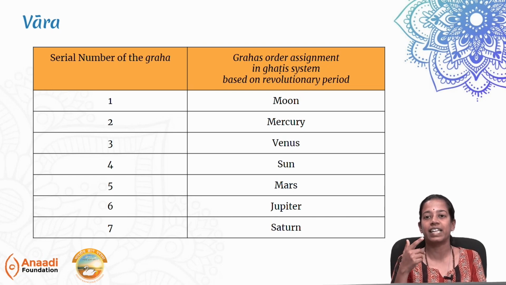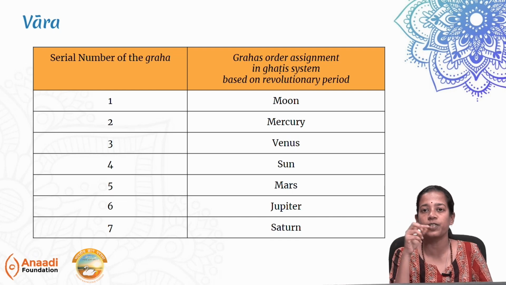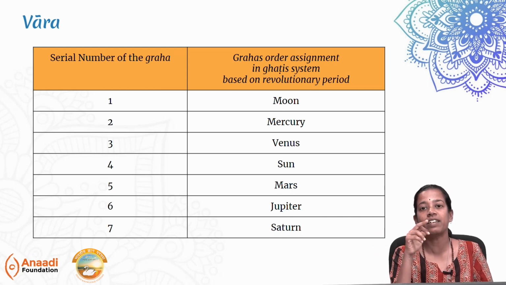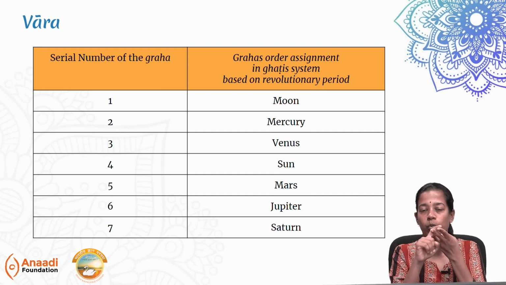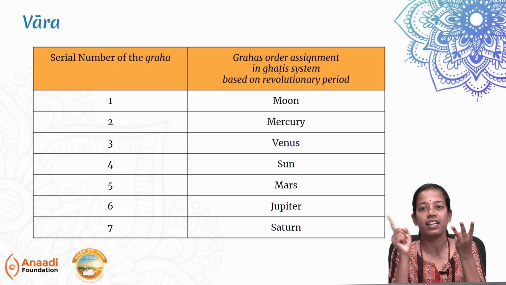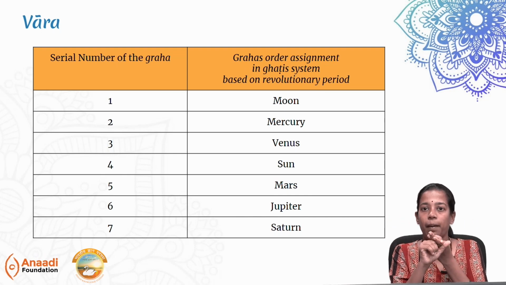Similarly, if you start assigning from Mars, if you start calculating 1, 2, 3, 4, 5, 1, 2, 3, 4, 5, and go on and on, the 56th Gati on a Tuesday will get assigned to Sun. Again go forward. 57 will be Mars, 58 will be Jupiter, 59 will be Saturn, 60 will be Moon. So Tuesday is also over. 60 gatis are over. 61, the first gati of the next new day, will get assigned to Mercury, which is Budavara. Okay, am I making sense?